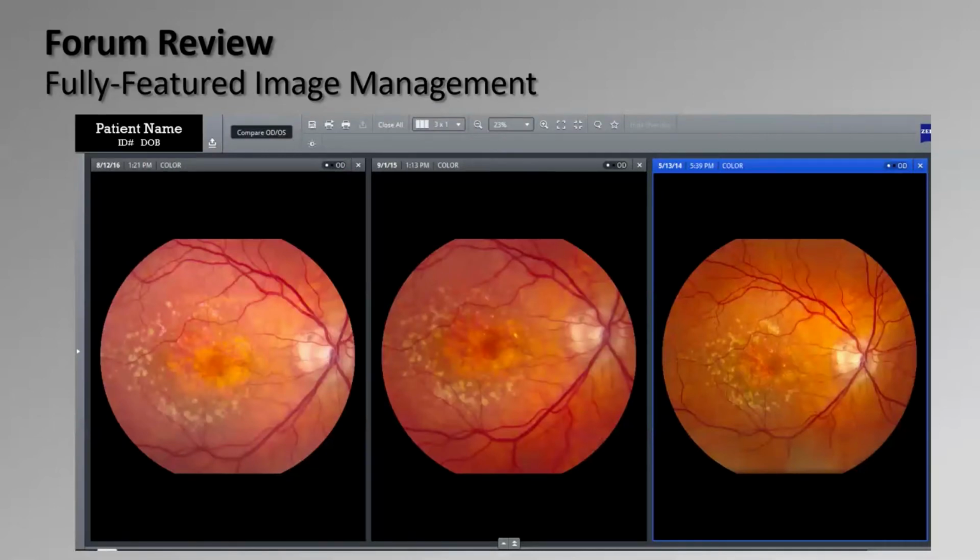This is another way to review images in an interactive manner. We're looking at the fundus image review. We see here a patient who has geographic atrophy, which is sort of progressive over time. And I wanted to show this image because it kind of highlights how easy it is to do these comparative arrays. If you think back to our